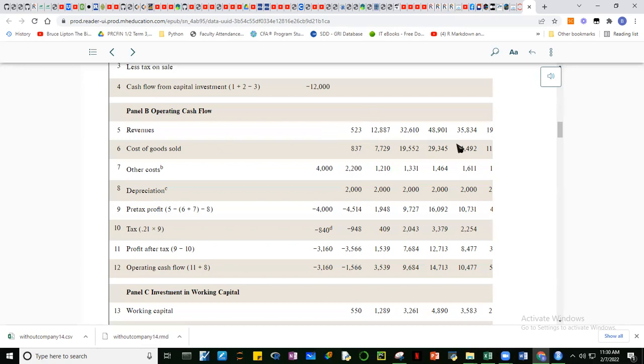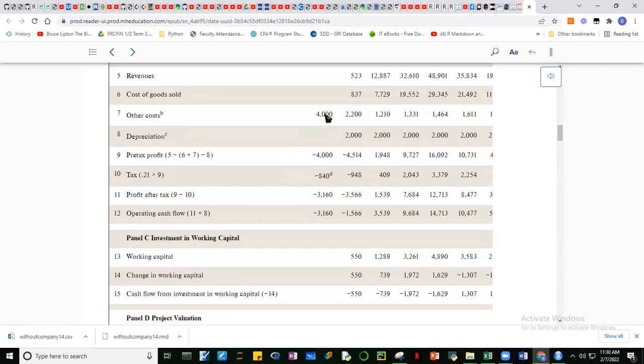So lahat to papasok. If you take a look at the computation here, nag-income statement siya, yung usual na income statement. Andyan yung revenues, tapos yung mga costs, other costs, depreciation, tapos may tax, tapos yung net income after tax. And after that, it has to be converted into cash flow by adding back depreciation. Ang tinitingnan natin yung operating cash flow, hindi yung net income. So the net income has to be computed but it has to be converted into cash flow. And then ito yung gagamitin ngayon sa capital budgeting.